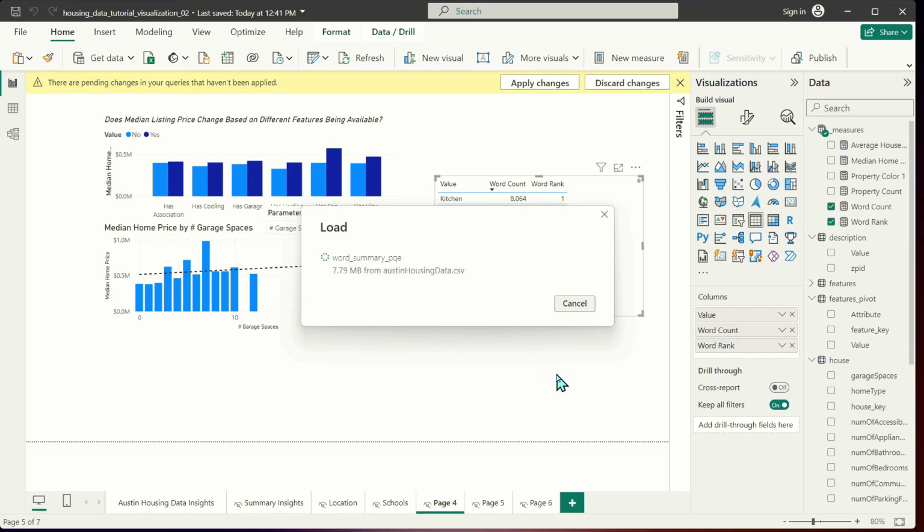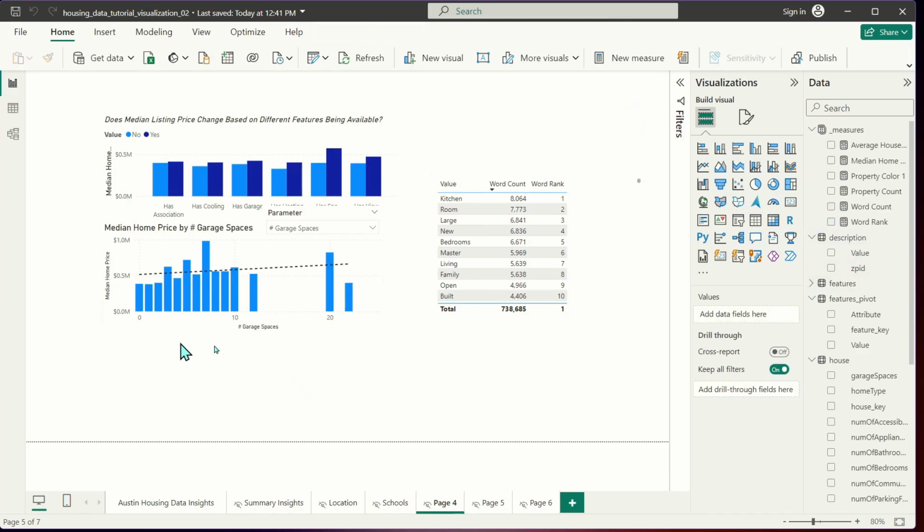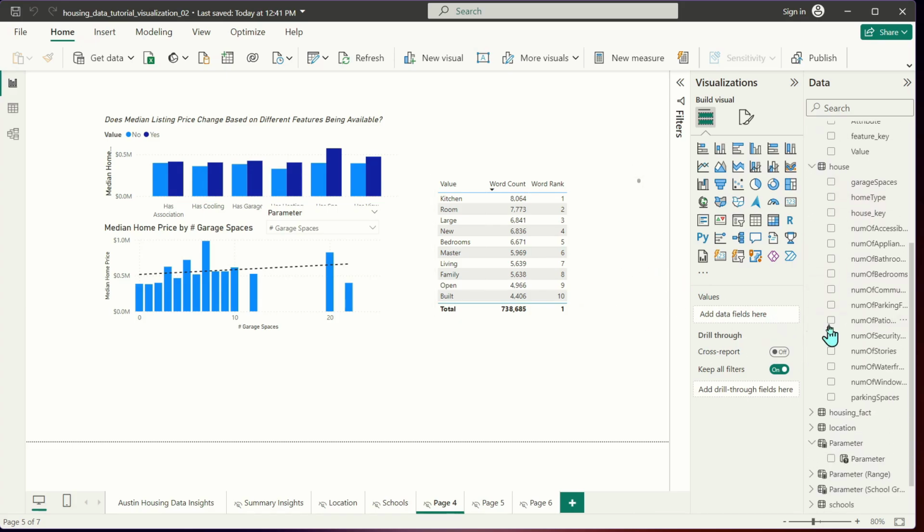And then once this loads, we'll finish setting up the matrix visual that's going to help us more easily digest the changes in words that are being used across houses that are listed at different price points. So we have the main formula that we need here. The next thing that we're going to need to do is,